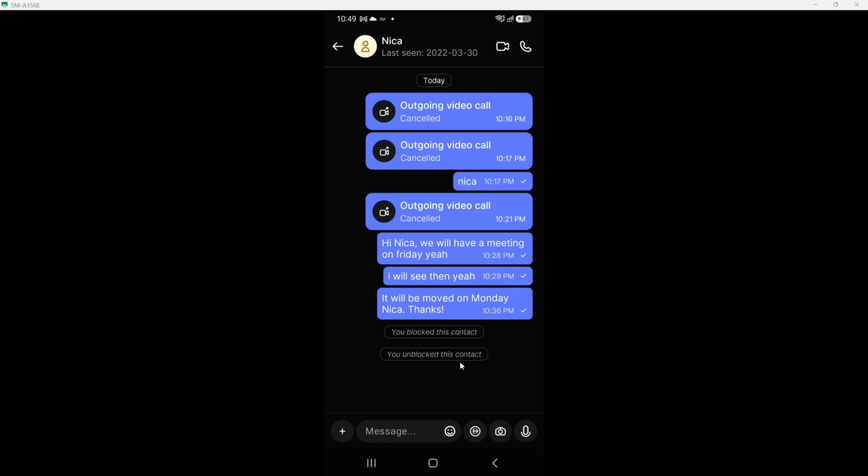In conclusion, the steps to unblock someone on BOTime are straightforward. You open the app, access the chat, and navigate to the contact's profile. Then you scroll down to find the unblock option and confirm your choice. Each of these actions is vital for managing your contact list effectively. If you follow these steps carefully, you can easily reconnect with anyone you wish to unblock.